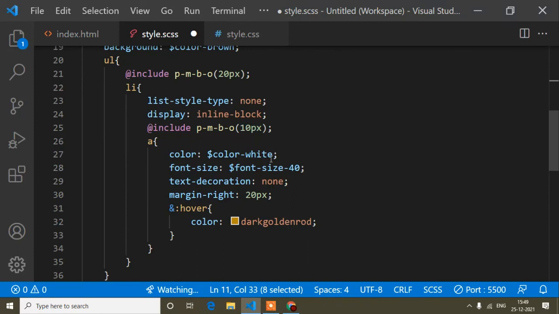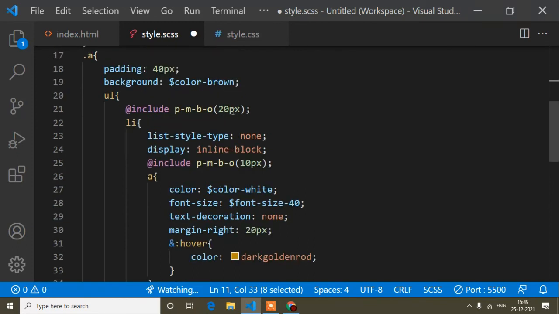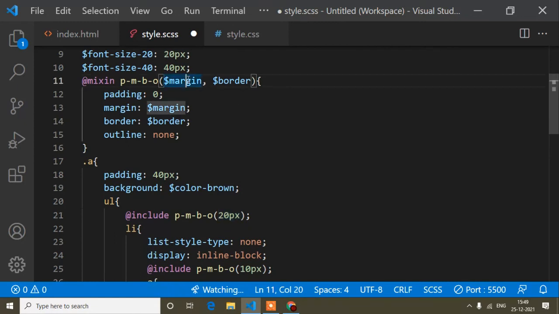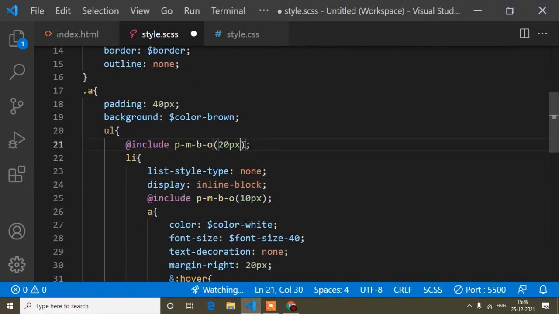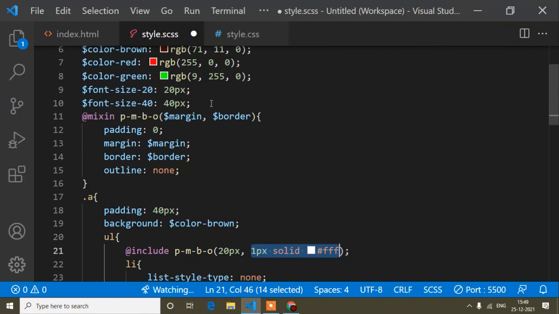When you pass the values, the first value denotes the margin, and the second value, like 1 pixel solid with white border color, denotes the border.